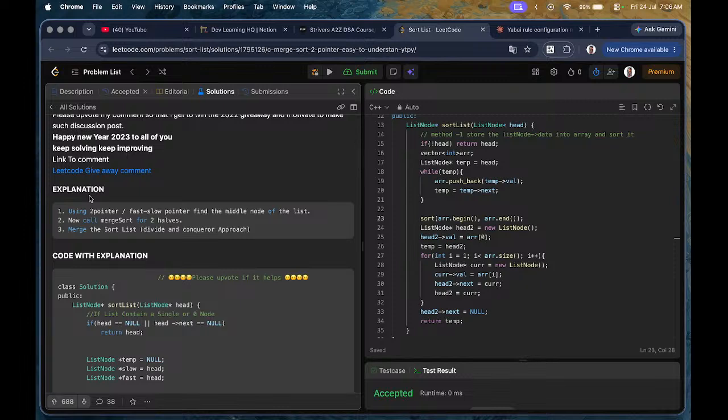Using two pointer fast slow pointer, find the middle node of the list. Now call merge sort for two halves. Merge sort list, divide and conquer approach. Okay, I thought the same way that we can use two pointers and find the middle node. Slow, fast pointer, yeah, and then you call